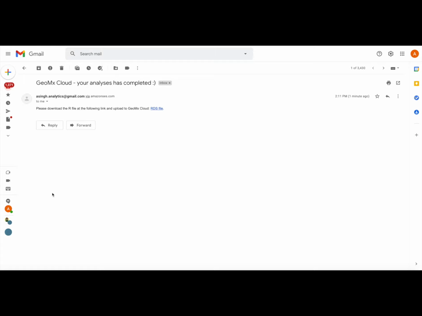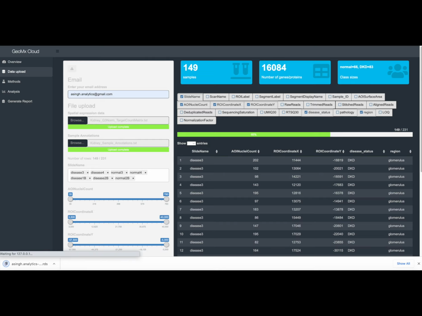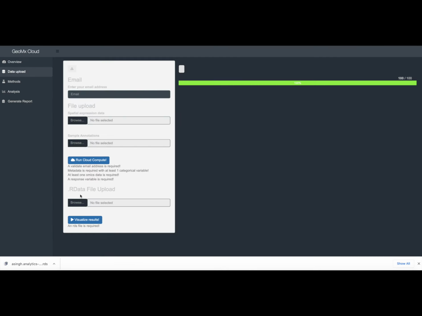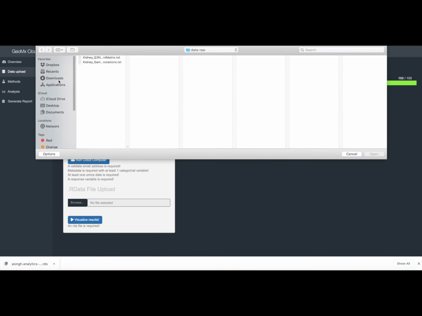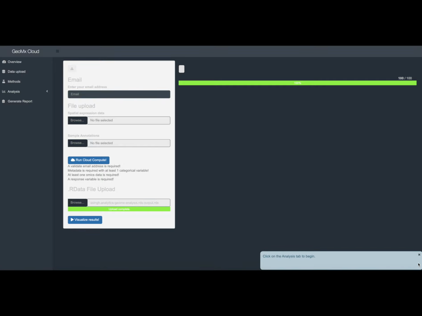Once that's completed, you'll get an email with a link to the analysis object, and you can see that it's being downloaded. Once the object is downloaded, it will then be uploaded to the main application, and I'm just refreshing the application just to show that we don't need the prior data anymore. So here I'm browsing and uploading the downloaded object, which is an RDS file, and once that's uploaded, I can click on Visualize Results, and the Analysis tab should give me additional subsections, which I can then go into and